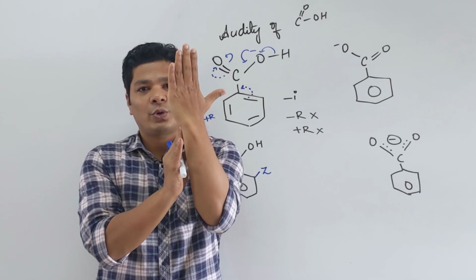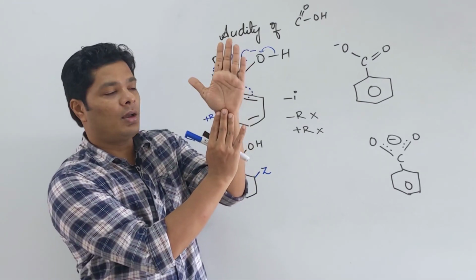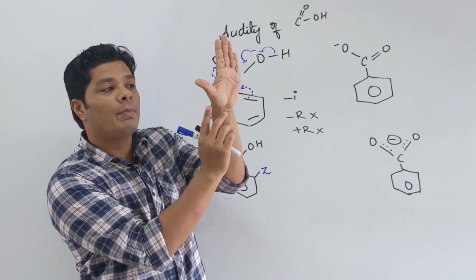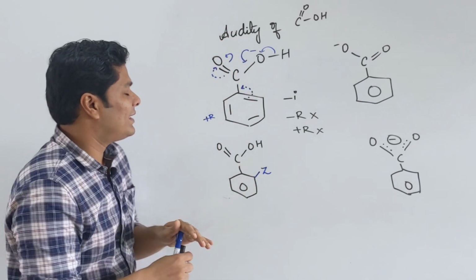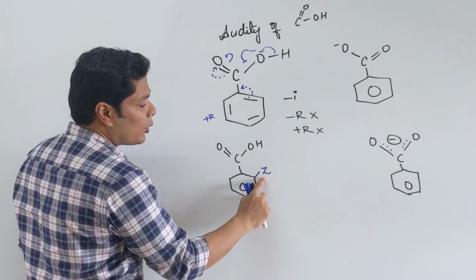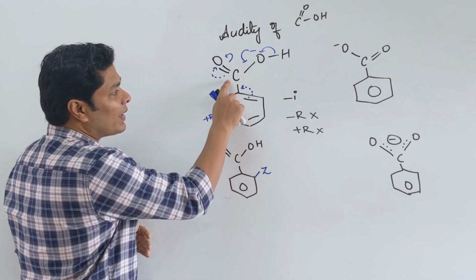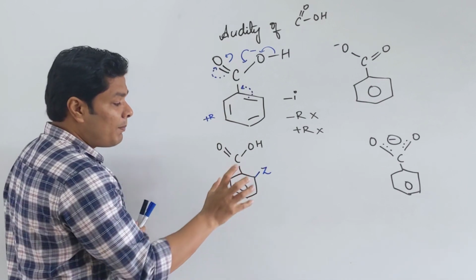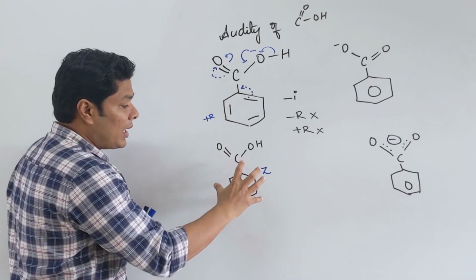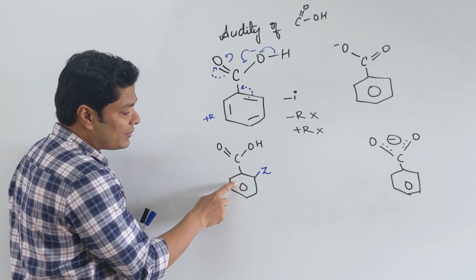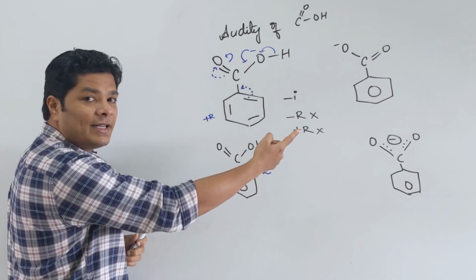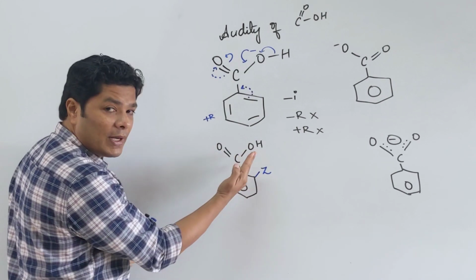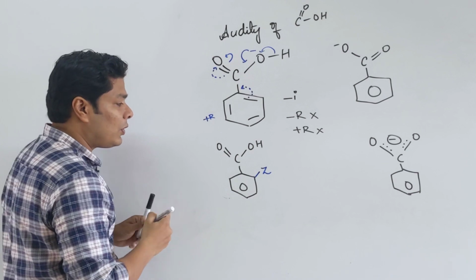Because it is going to rotate, see it is rotating away, or let us put it this way, rotating towards you. This carbon and this ring are not in the same plane, meaning they cannot be in resonance anymore. For resonance, planarity is important. So, by putting an ortho position substituent, you are breaking the planarity. So, the COOH is going to turn away. By putting the ortho substituent, there is no resonance between this oxygen and this ring. So, the resonance is the one that is killing our acidity. Correct? Now that I broke the resonance, ortho substituent breaks the resonance, breaks the plane, hence acidity increases. This is called ortho effect.